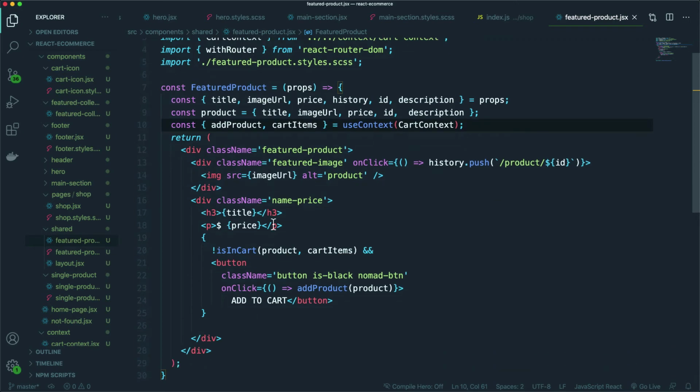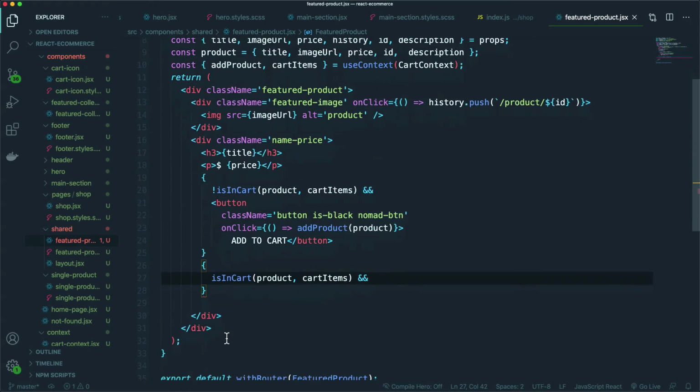Now, in the grand scheme of things, it's going to check if the item is in the cart already. If it's not in the cart, then it's going to display this button, with the on-click handler to add the item to the product. Otherwise, we want to display another button. So we're going to call is in cart again. I'm just going to copy this and put that here. But this time I'm not going to put the not in there. I'm not going to invert it, because now I want to confirm that the item is in the cart,